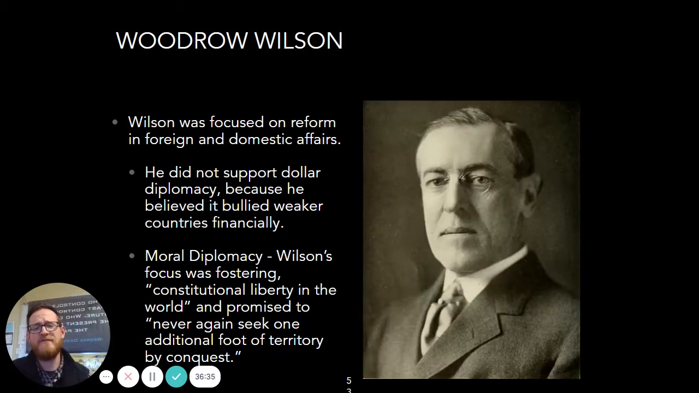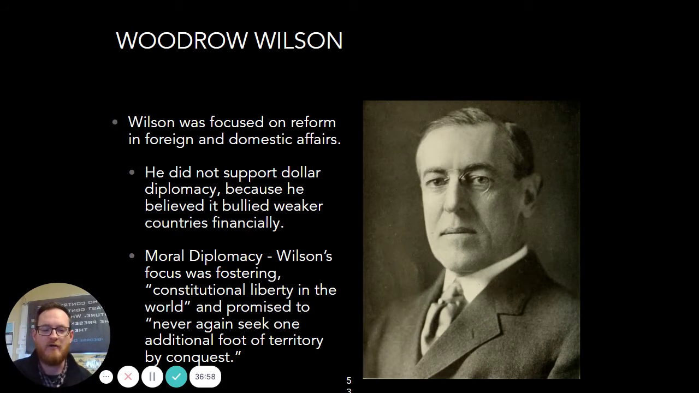Now, the next president, Woodrow Wilson. Wilson focused on reform in foreign and domestic affairs. He did not like the idea of dollar diplomacy because he felt like we were bullying weaker countries financially. And so he's going to bring a shift in foreign policy to what he called moral diplomacy. He said that we should foster constitutional liberty around the world and promise never again to seek one additional foot